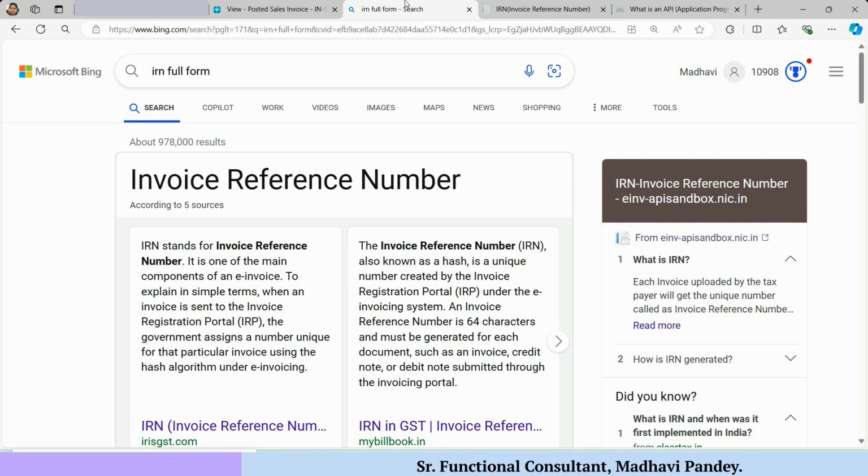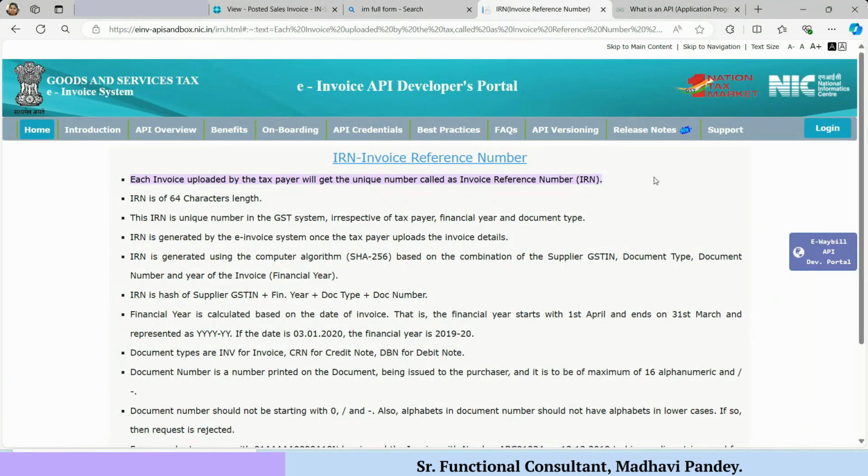To explain in simple terms, when an invoice is sent to the invoice registration portal, the government assigns a number unique for that particular invoice using the hash algorithm under e-invoicing. Now you can also check in the detail mode what is meant for e-invoicing.